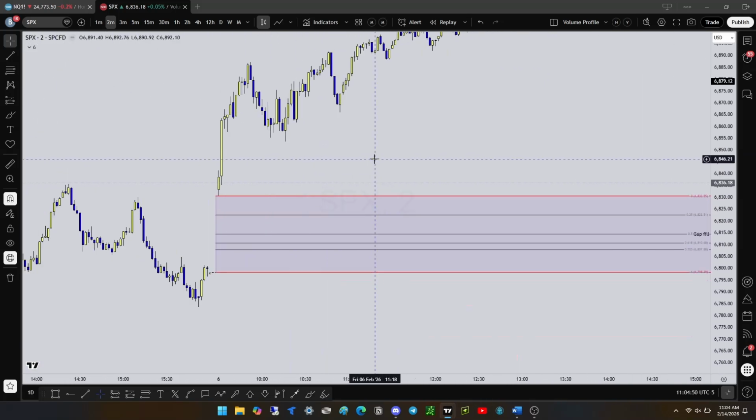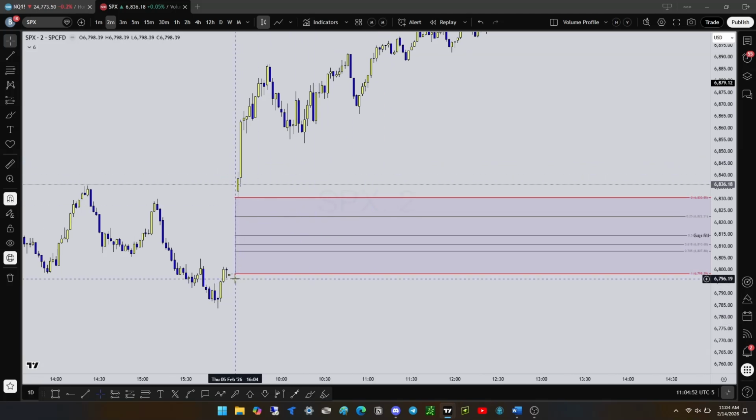You are taught by many people to look at the close of the previous day and then to look at the open of the next, okay? So that would be like the close would be here and then the open would be at the start of this candle. What we find that works 95% of the time, if not more, as a better tool for measuring the gradients of your gap: go to a 2-minute chart, not a 1 minute, not a 3 minute, not a 5 minute, not a 15,